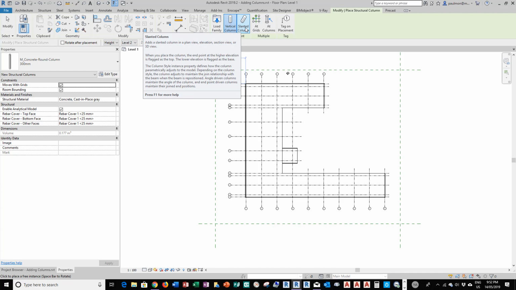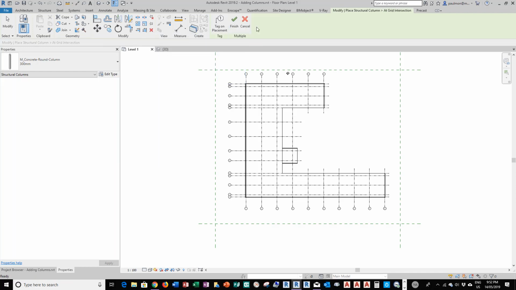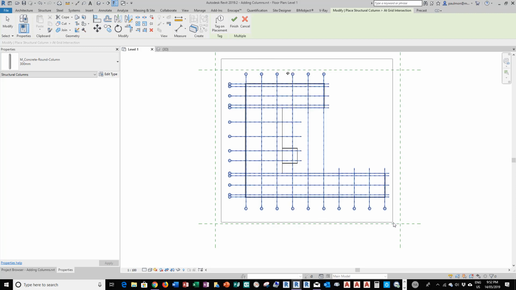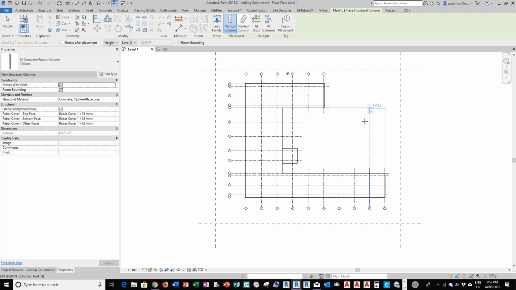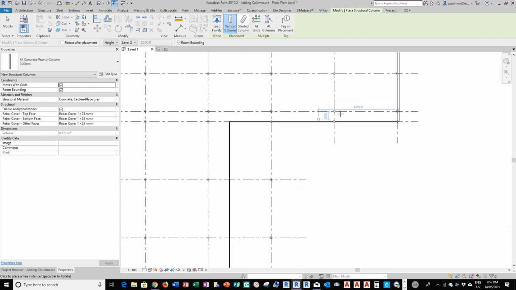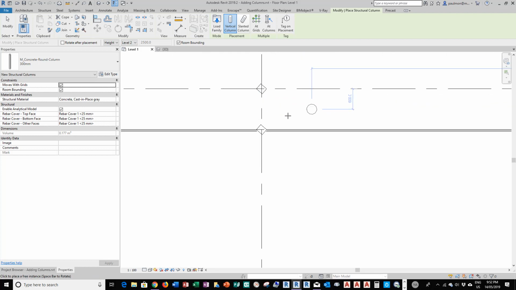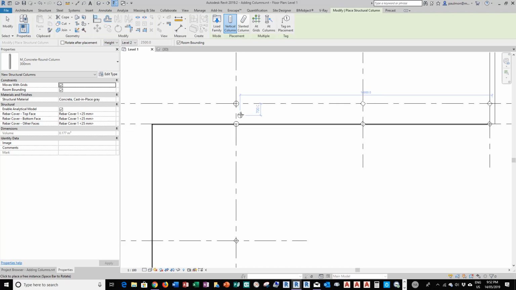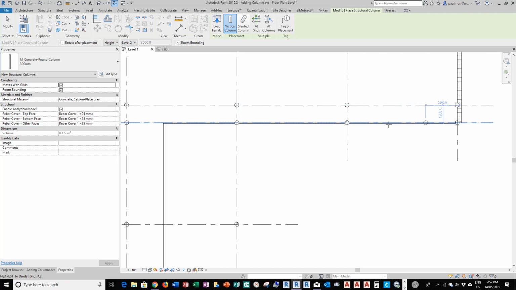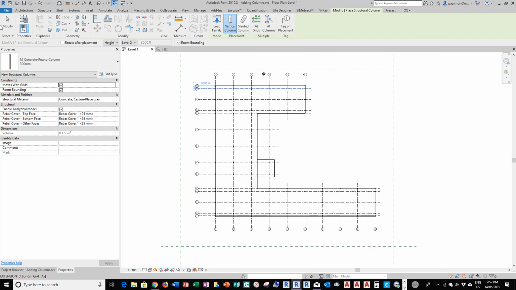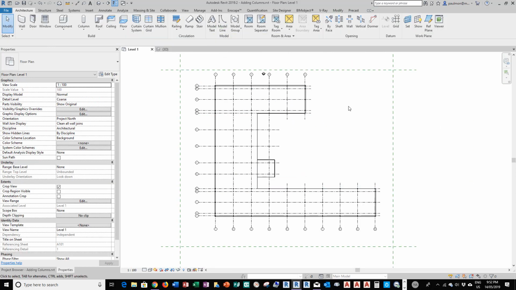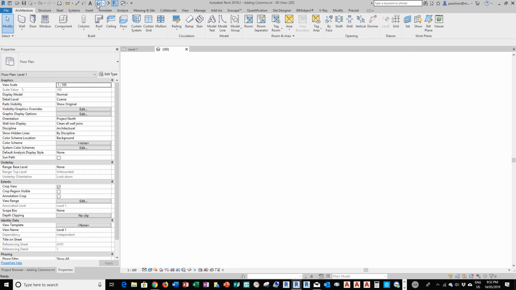And then the next step you're going to do is select Add Grids. So I'm going to select, using a window, all the grid lines inside my model file, and then select Finish. Now if you zoom in, you see all the grid intersections will have a structural column. So we're going to erase some of these that we don't need. And now let's just take a look at it quickly in isometric view and 3D view and see what it